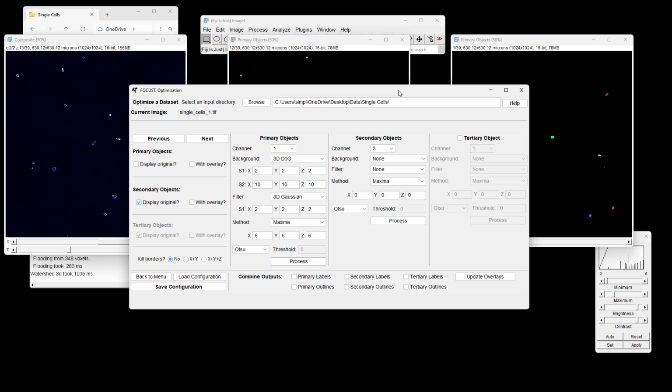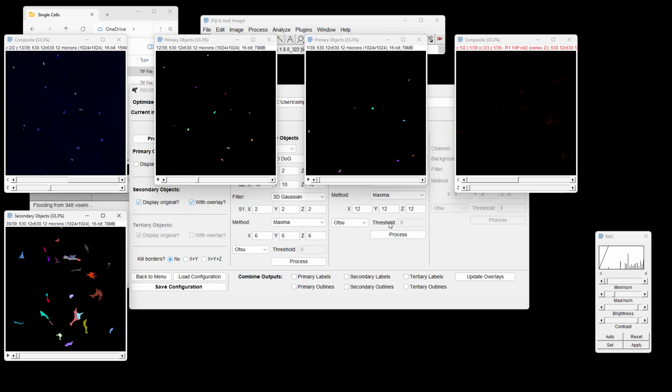Cool. Let's have a look at our secondary object now. If we select just a straight Gaussian or Gaussian blur, a gentle blur should do, and then maybe a size of 12. Let's try that. And I'm going to keep my automatic threshold. I would also like to see my original fluorescent stain or broader cell with an overlay, and then let's click process. My windows automatically rearrange,